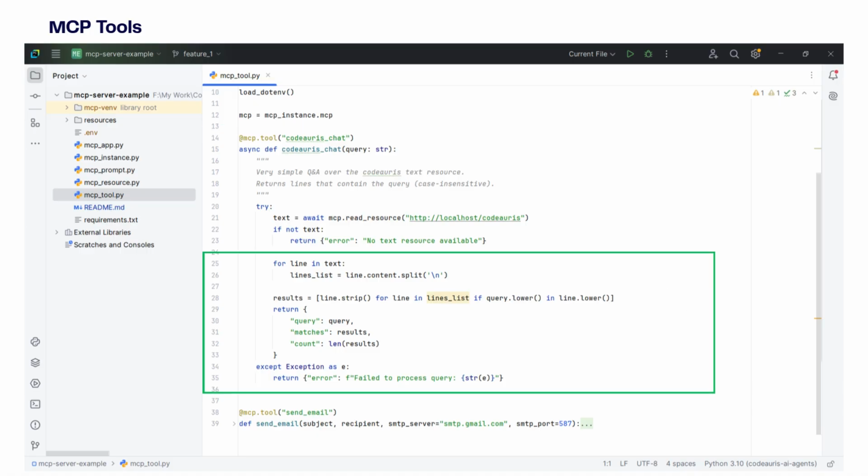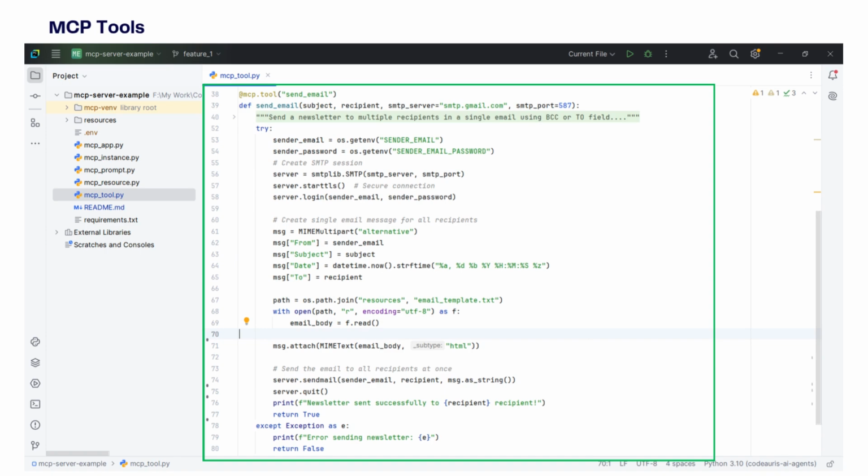The tool scans the knowledge base line by line, looks for matches, and then returns a structured JSON response. So the output includes the original search query, a list of matching lines from the text file, and a count of how many matches were found. In short, this tool turns the MCP server into a lightweight information retrieval system, allowing the model to query stored knowledge instantly.